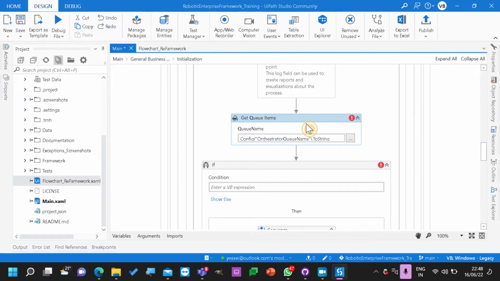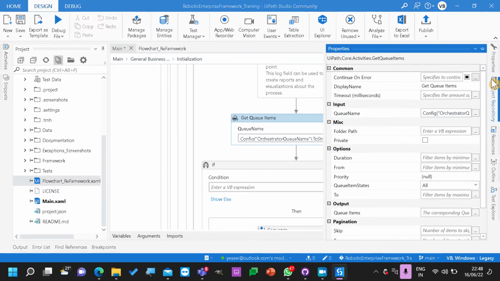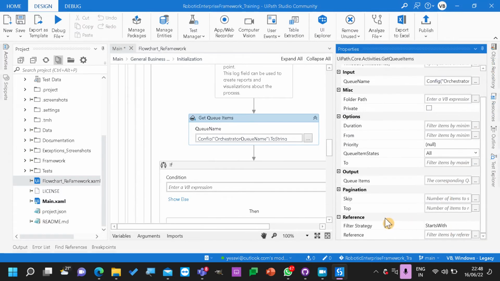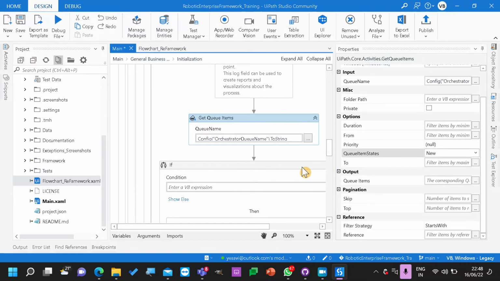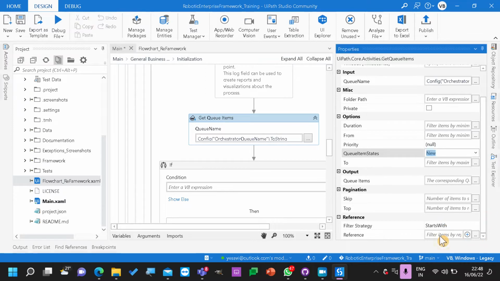So what is this giving? It is giving me some values, but I want only the few items that are in new. If it is in new, only those items you can get. And the reference, it can be like this, and Ctrl+K, IEnumerable of queue items. So why IEnumerable?